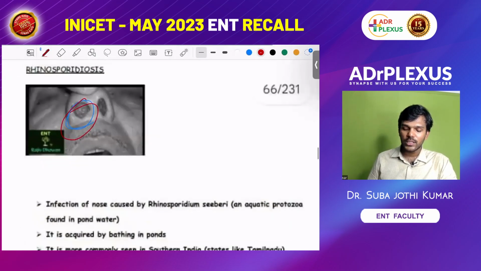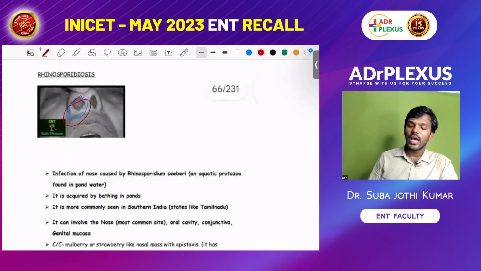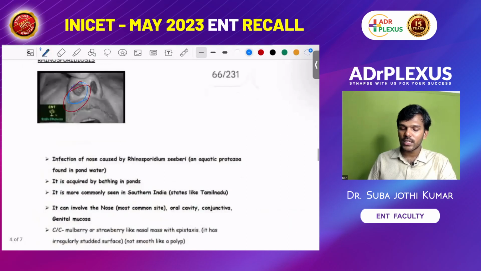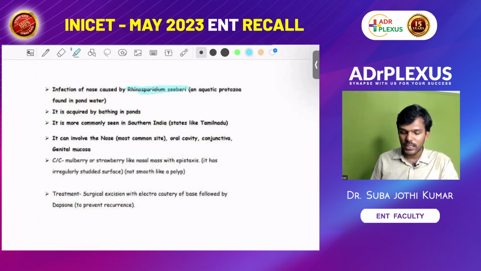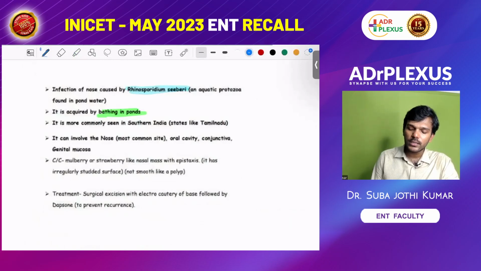I will explain the pathology of rhinosporidiosis with a screenshot from our workbook. See here, rhinosporidiosis is caused by an aquatic protist, a protozoa, Rhinosporidium seeberi. It is acquired by bathing in ponds. Why is it acquired by bathing in ponds? So the spores of this Rhinosporidium seeberi